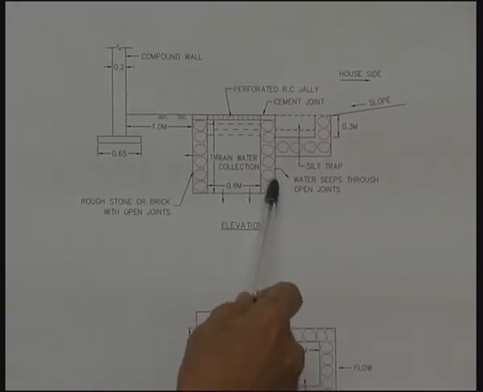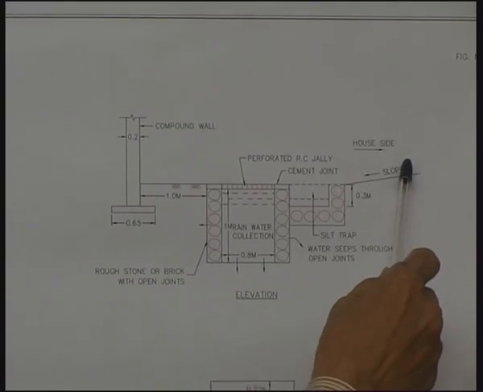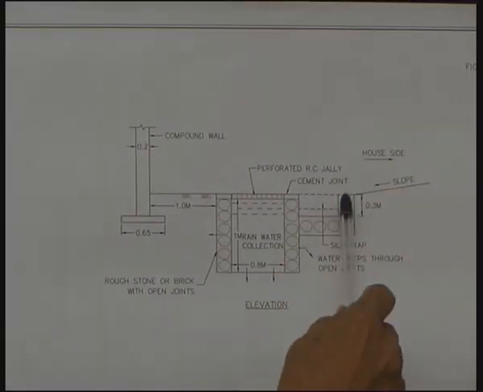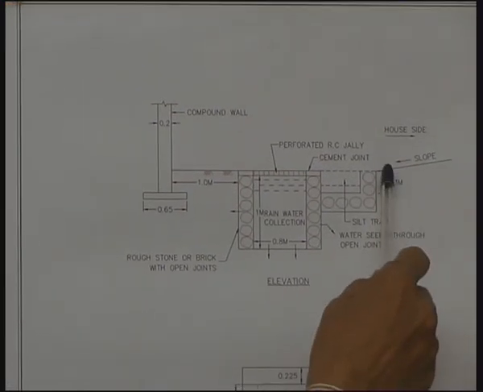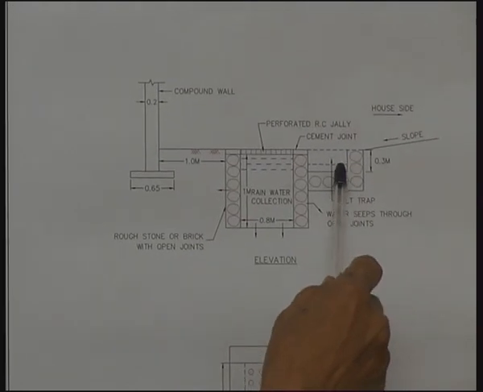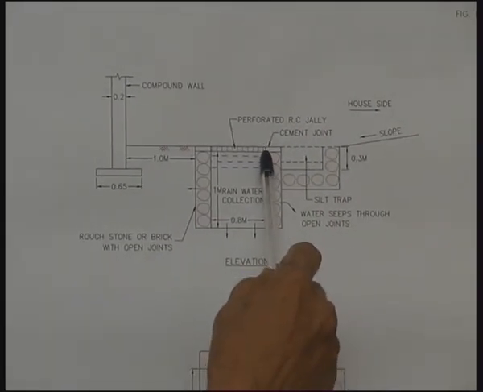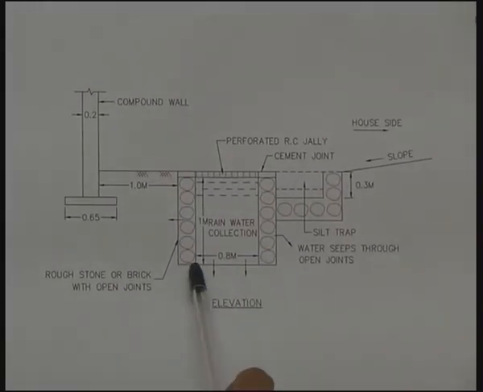This would be the trench, and the inflow from the premises comes like this, and it will have a small silt trap. The silt, if there is any silt, will get deposited here and it will overflow and get collected here. This is just a collection trench,